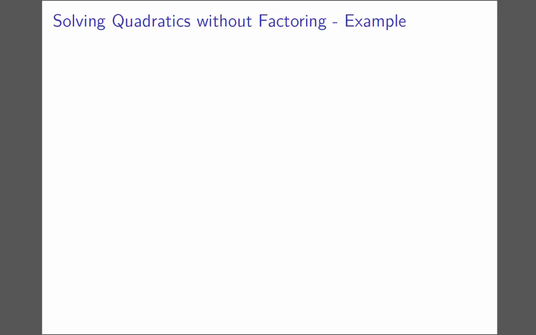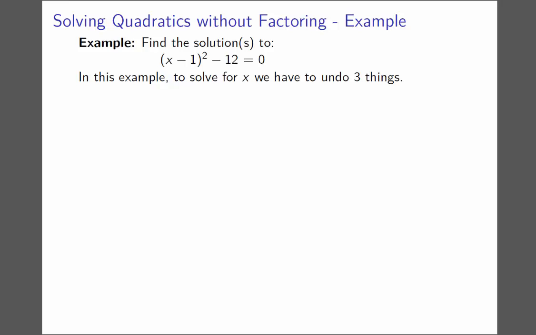Here, we'll solve another quadratic equation without factoring. In this example, we'll find the solutions to the equation (x minus 1) squared minus 12 equals 0. In this example, to solve for x, we have to undo three things, which is more than what we looked